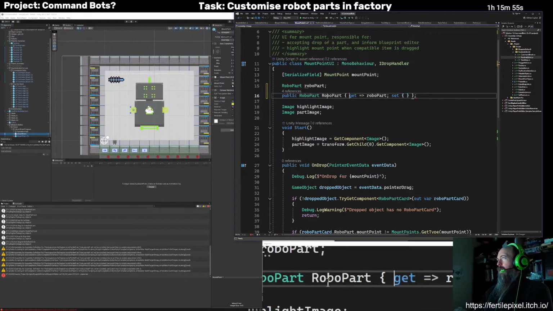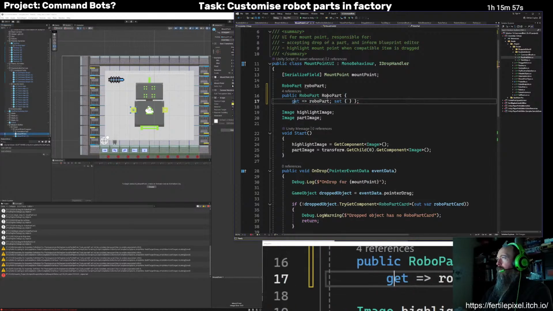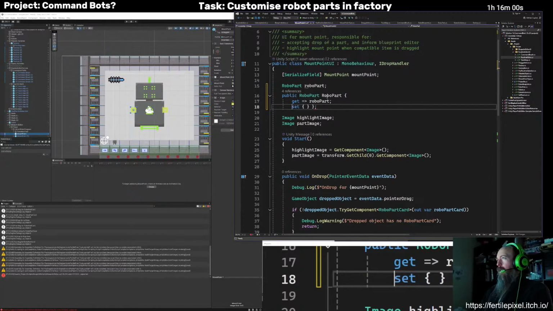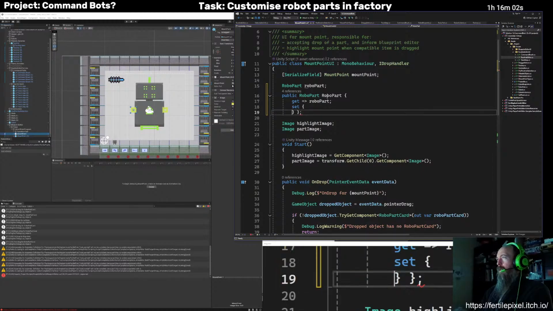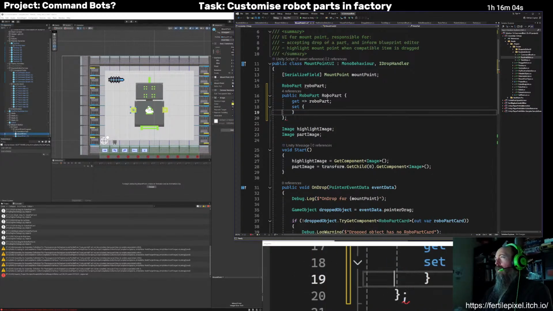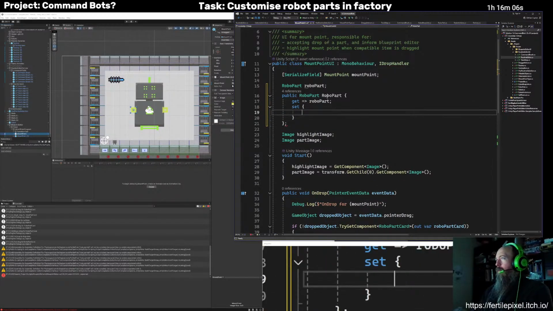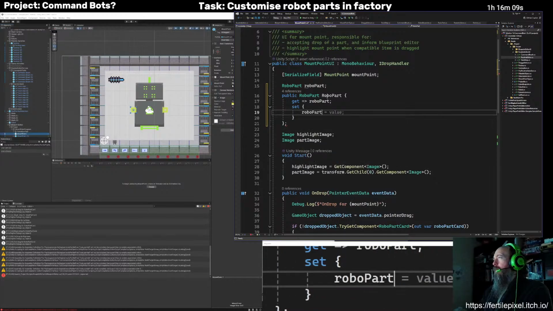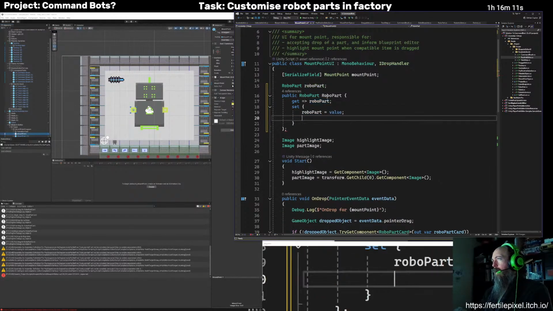So now I can have a separate getter and setter, and the setter will actually trigger an update of the UI.